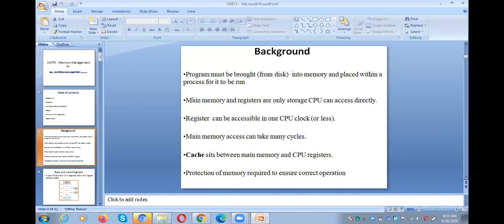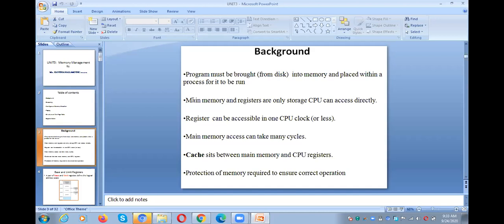And the second point, which I already told you when we discussed the memory hierarchy or storage hierarchy: there are different levels of memories. The first one is the registers, and then cache, and then main memory. After that, secondary memory. What are the secondary memory devices? Electronic disk, magnetic disk, optical disk, magnetic tapes. All those are called secondary devices. We have discussed this already when we talked about storage hierarchy.